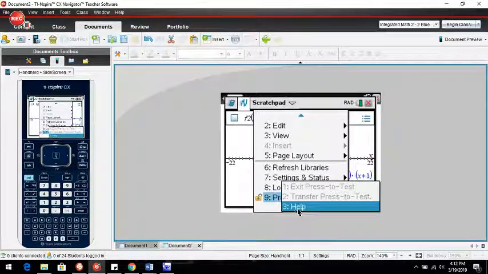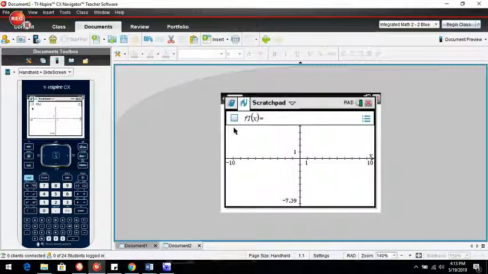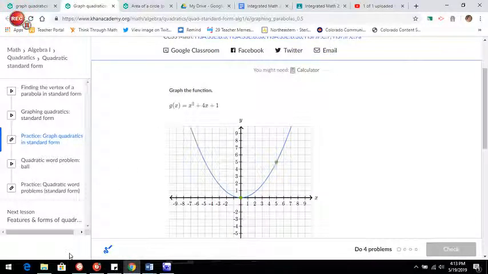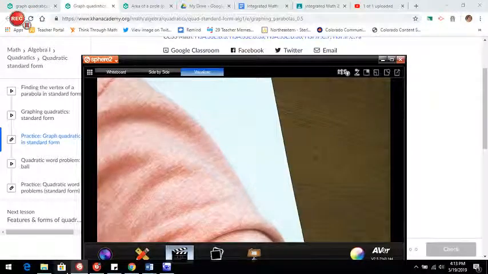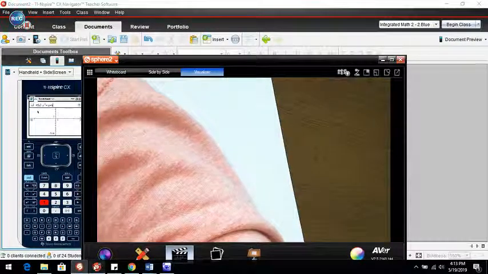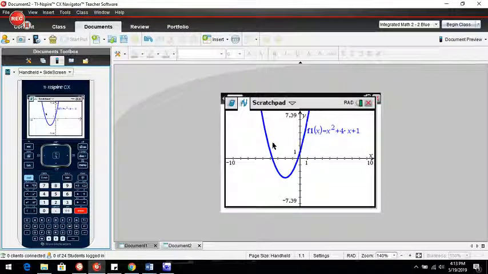Okay, so I think we had x squared. And I know you may not be familiar with Desmos, but it's worth getting familiar with it so that you have that at home when you need to graph something. X squared plus 4x plus 1. Okay, so I'm going to hit graph, and I can see that my x-intercepts appear to be right about,